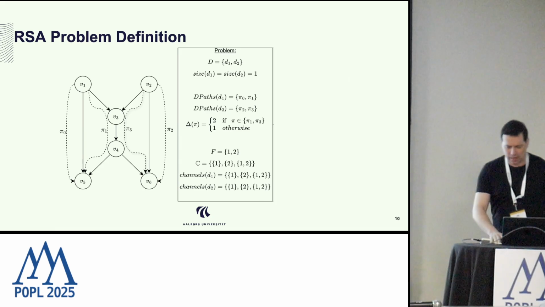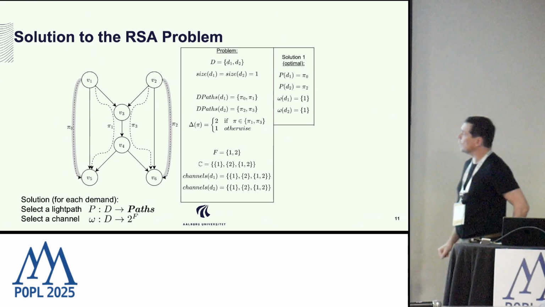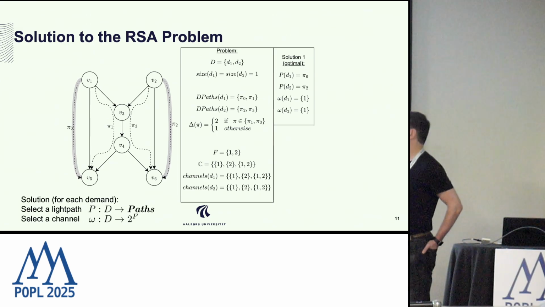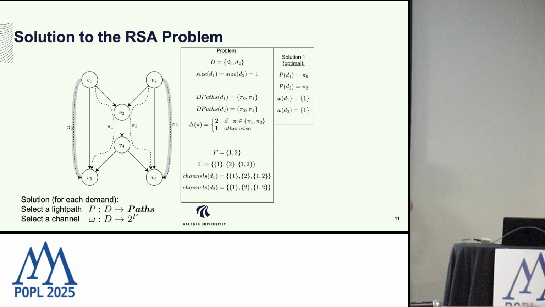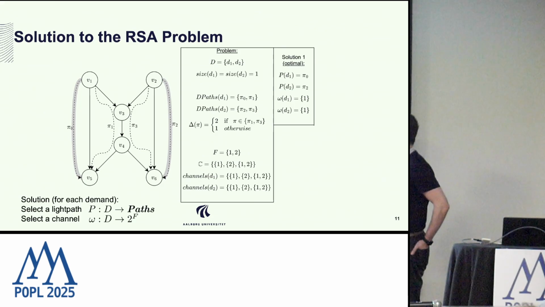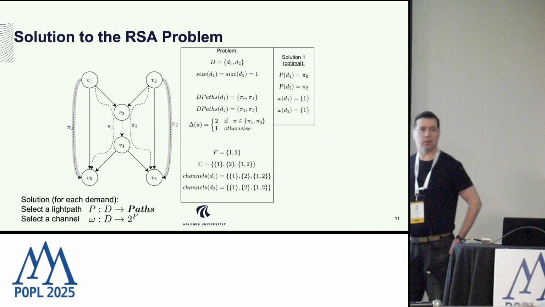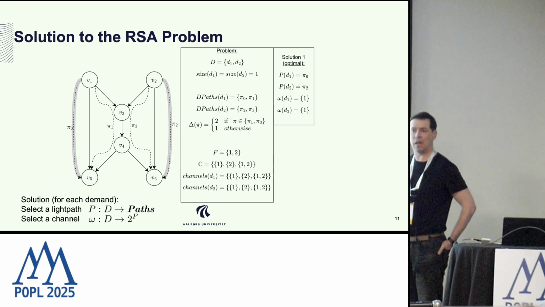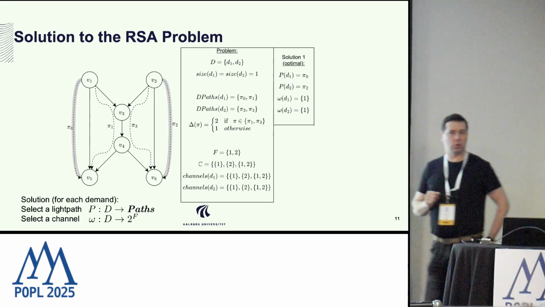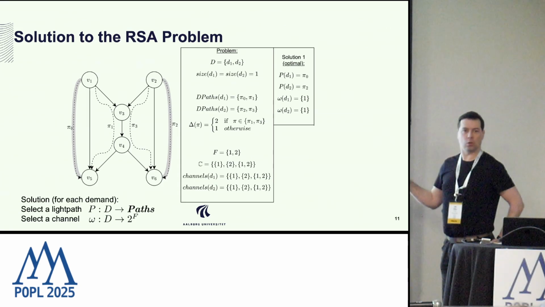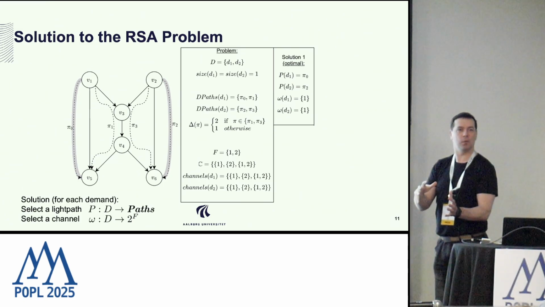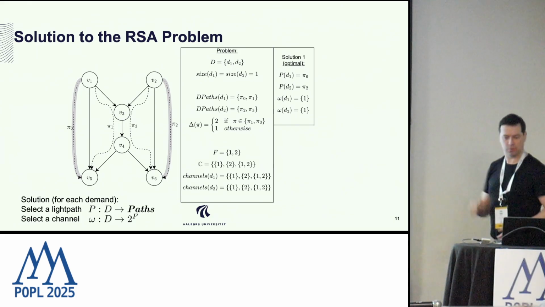And now I would like to say what is a solution. A solution is an assignment from every demand to the path that I choose, and also to some of the channels that are here. So for example, the solution that is highlighted over there is I choose the pi0 and pi2 for the demand 1 and 2. And let's say both of the demands, they use the channel 1. It's a short path, so according to the modulation, this is fine. And this is actually an optimal solution. And optimal in the sense that it minimizes the highest used frequency slot, because we would like to keep everything packed together in the beginning,